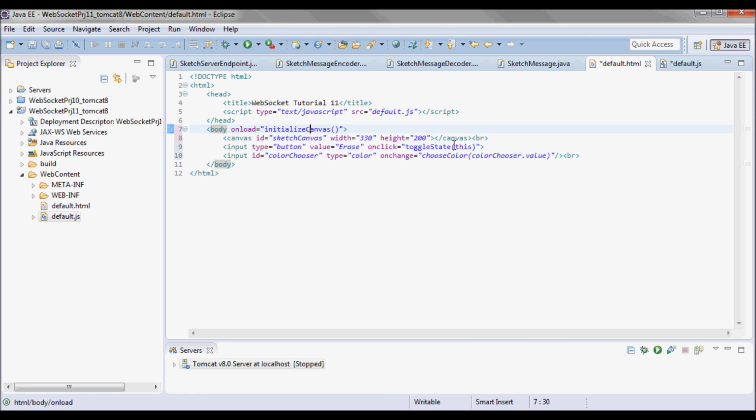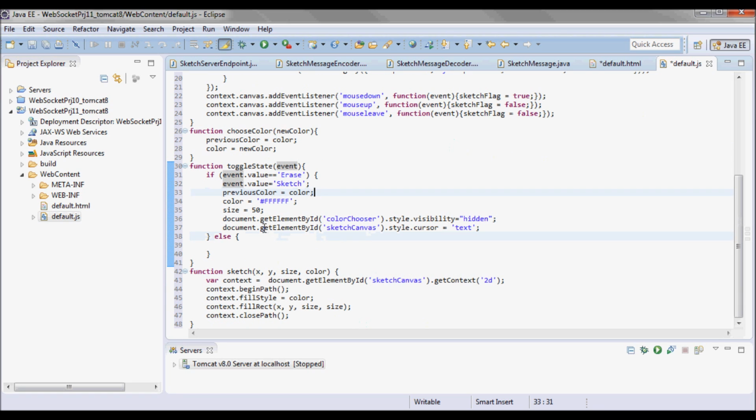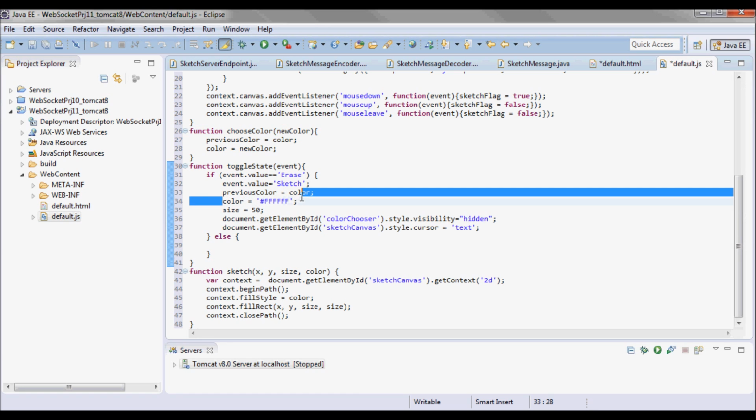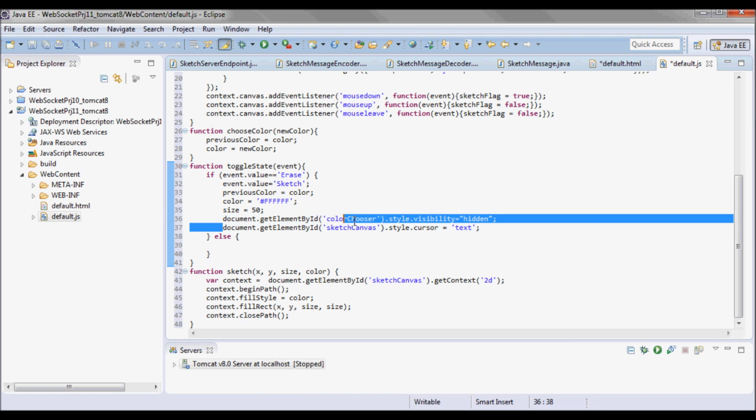So toggle state, we're passing this. So the button.value will be sketch, and the previous color will be color, and the color will be white since we are erasing, and the size will be 50. And I'll set the color chooser to hidden, and the cursor will be text.